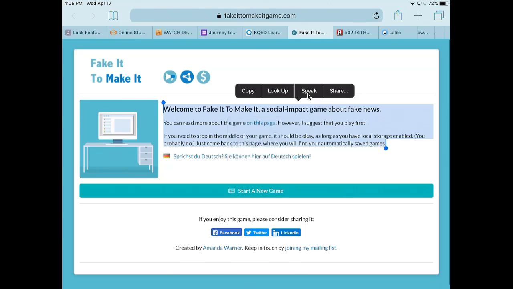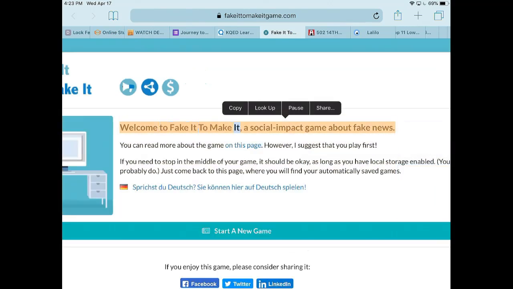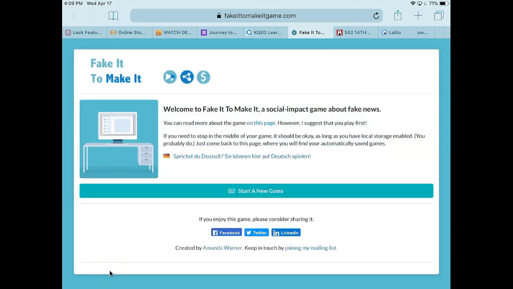Welcome to Fake It to Make It, a social impact game about fake news. You can read more about the game on this page. However, I suggest that you play first. If you need to stop